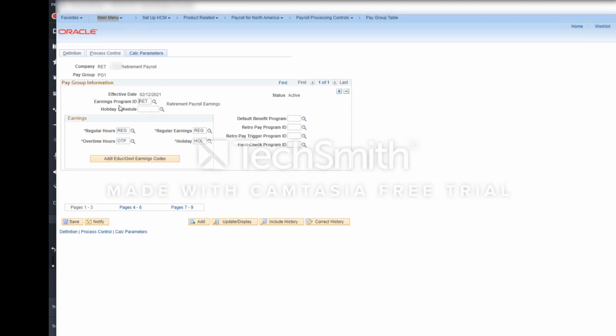Here the earnings program is defined. For example, in this case, retirement, the holiday schedule, and how the earnings are going to be calculated. The regular hours code would be REG, overtime would be OTP, holiday schedule, regular earnings code, and benefit programs, if any, on the right side. So this is mostly about the